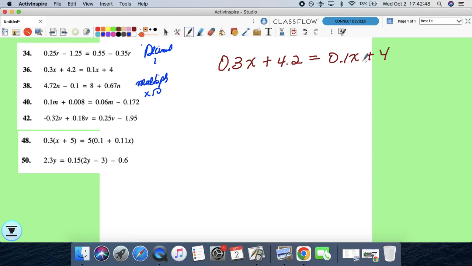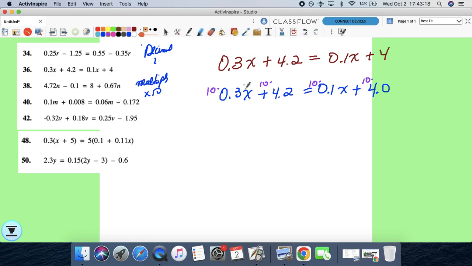But before we do that, right? And again, this is a step that you can skip. You don't have to, but we did it in class. So I'm going to make sure everybody has 1 decimal place. This 0.1x, and then that 4, I'm going to add a decimal, and here's your decimal place. Now I'm multiplying everybody by 10. So this guy times 10, this guy times 10, this guy times 10, this guy times